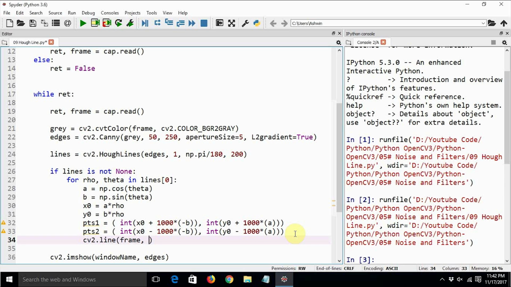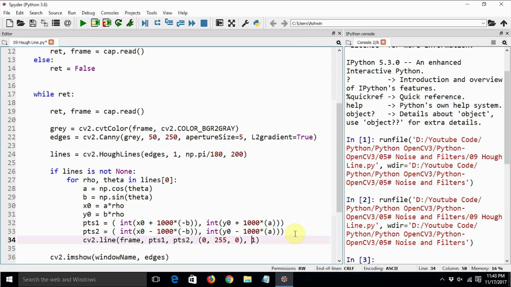So PTS1 comma PTS2 comma, and let's use BGR. Okay, let's color the line with green color: 0 comma 255 comma 0 and comma 3. Or let's make it 1, the size of line.